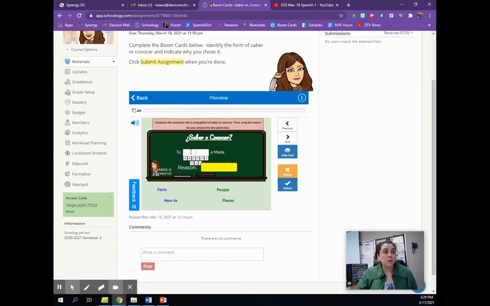So for this first one, we have you and Maria. You saying, I know Maria. So if you're talking about knowing a person, remember we use conocer. Conocer goes with people and places, and saber goes with facts and how to do things. So I'm going to use a form of conocer for tú, conoces. So I'm going to type that in the box. If you need any accents, you can click these buttons or use the international keyboard. And the reason I'm using conocer is because of people.